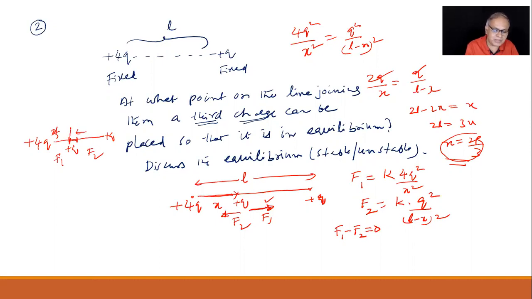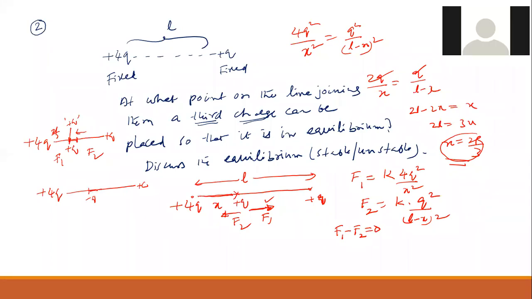But if I move it like this, it is unstable. I said the same, no, sir. I did not mention longitudinal. You should, otherwise it will be meaningless. So along this direction it is stable, in this direction unstable. But the same thing, if I have minus q placed, the net force is still 0, but in this case it is unstable in this direction, longitudinal, and stable for this displacement. This is longitudinal, this is transverse. So I want you to mention it.